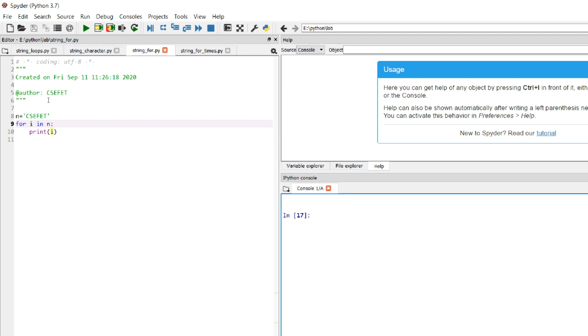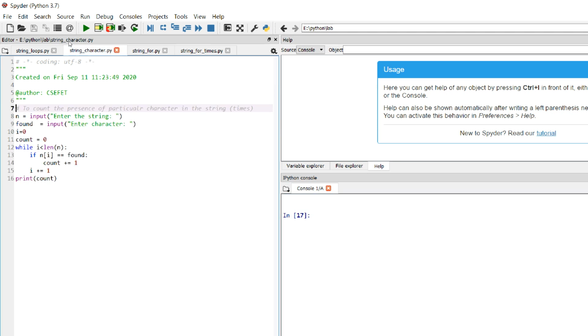Now this is how the for loop can be used with strings. Now let's make a small program using a while loop first, where you have to take an input from the user, where the user will give an input of a string. Parallelly, we want to find out the occurrence of a particular character, that is, how many times a particular character which the user wants has come into the string. Not all the characters of the string, but one particular character.